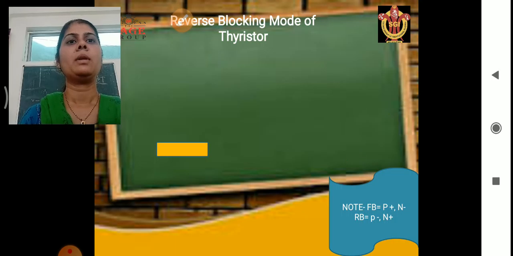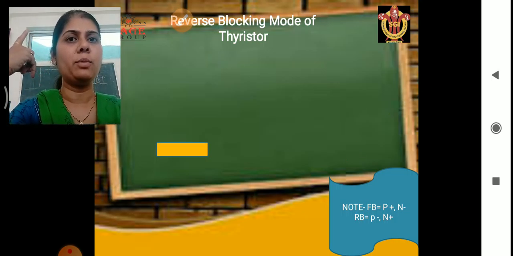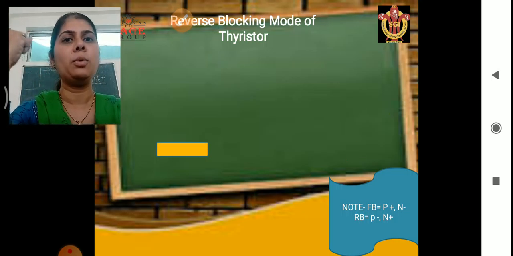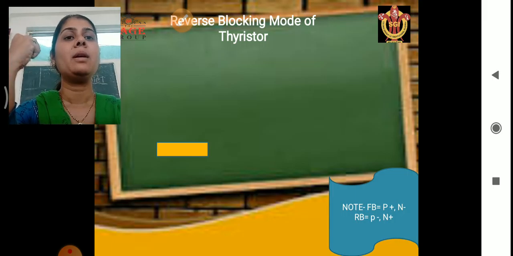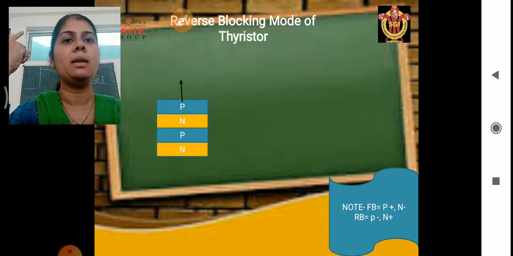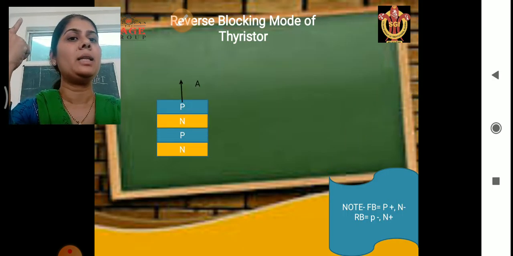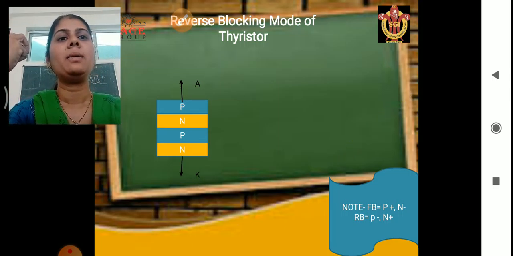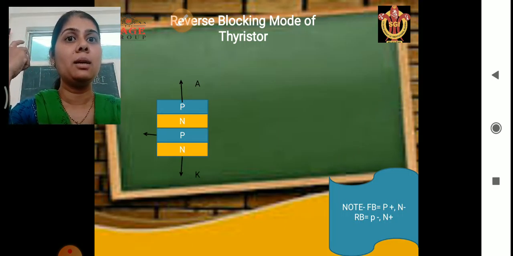Now, the first operating mode, reverse blocking mode. As its name suggests, reverse blocking, what does it mean? We are first making the symbol of SCR. We are connecting 4 layers, P and N alternately. P is connected with the anode, N is connected with the cathode and the gate is connected with the inner region